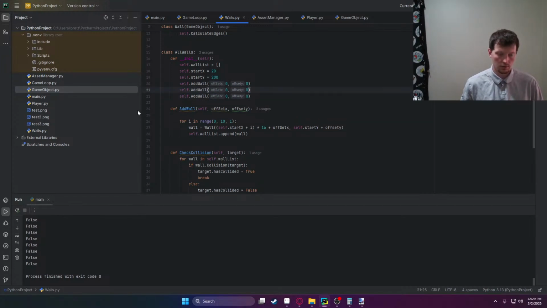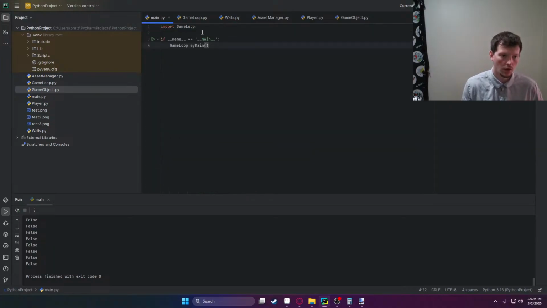Second time we want to do, let's try 100. So now we have the top and the bottom wall. Hit play,